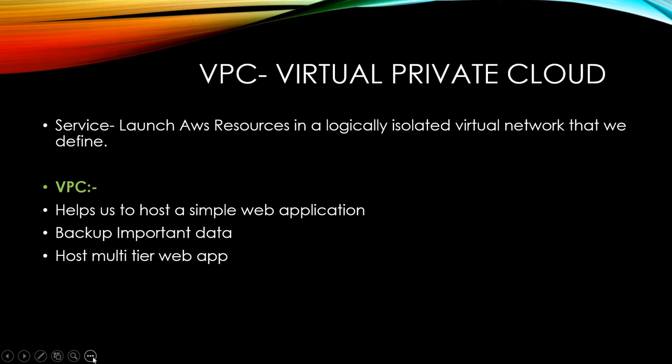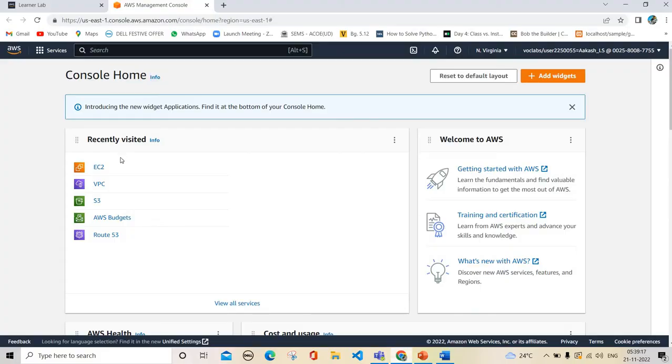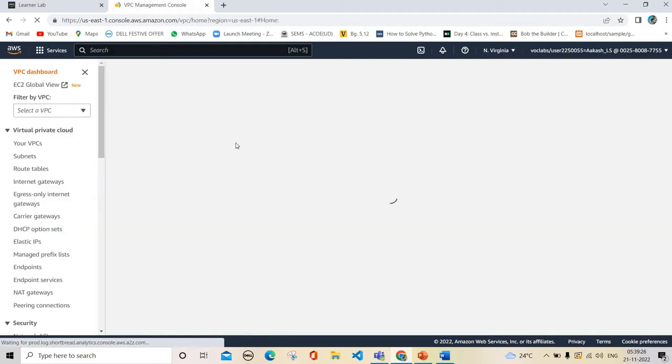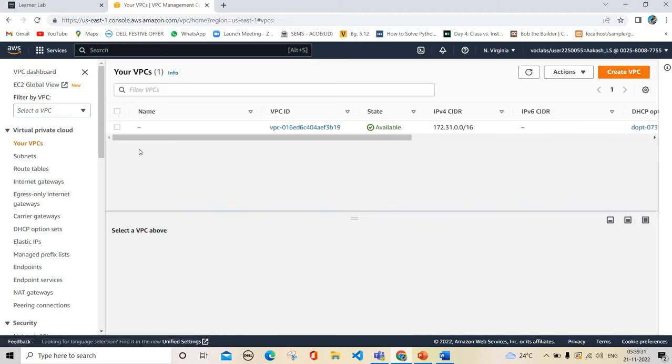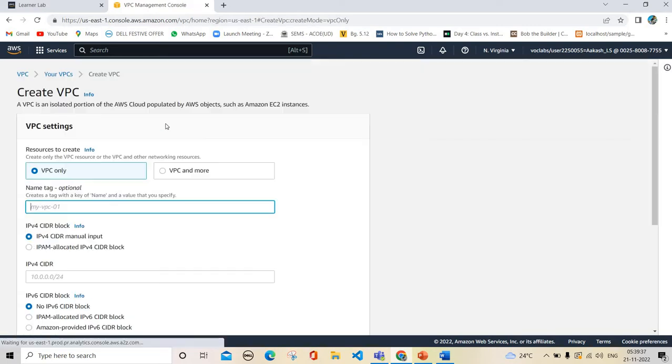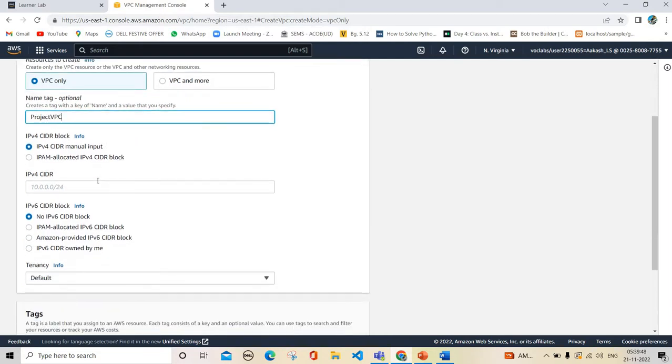So let's just quickly switch to the AWS console. So I have opened my AWS console here. Here we have VPC, the virtual private cloud. We'll move on to that. Here we can see all the VPCs which are present. One VPC is already created by default. So we need to create a new VPC here. So click create VPC and write your VPC name. I'll just give the name as project VPC, and